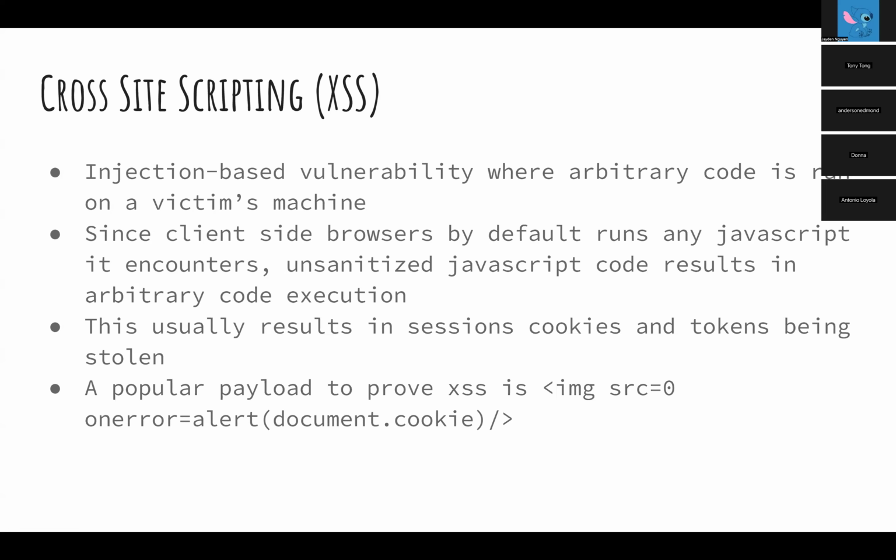So this is a popular payload that people use. It's just image source. You can see that this is just an image tag from HTML, and then it says on error, it will alert document.cookie, right? What that does is it proves that any arbitrary JavaScript code can be run on the client, which means that in an actual case, if you did want to steal this cookie, it's relatively simple. We're not going to go into how that works because that's a little bit more complicated, but conceptually it's